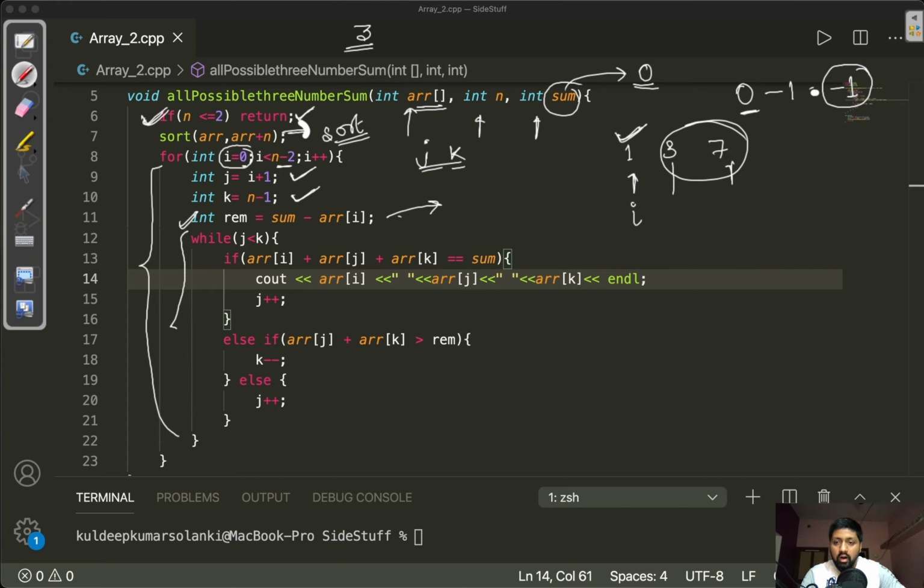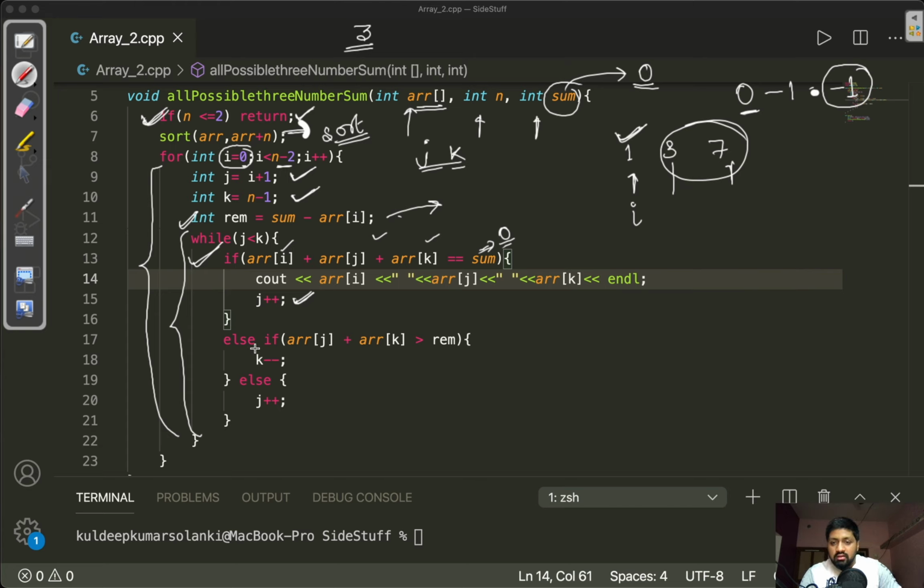After that, we have to continue this while loop until j exceeds k or equal to k, and we have to check that if the sum of the values present at this location I, j and k is equal to the desired sum which is equal to 0, then we are simply printing it and either increment j or decrement k, as I mentioned, but in this case I am incrementing j.